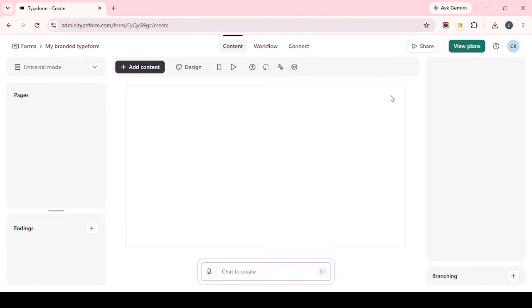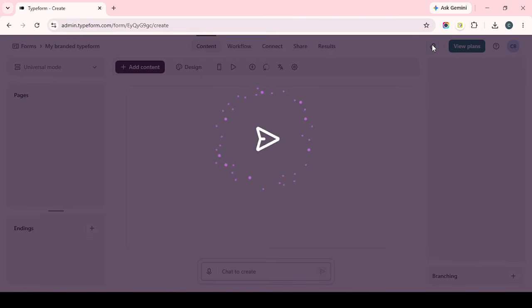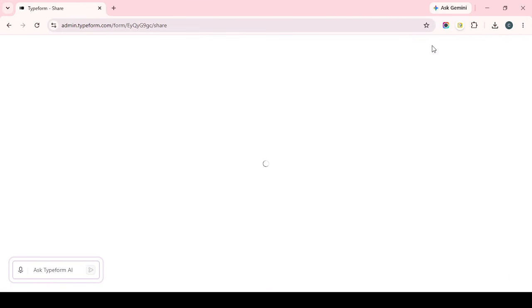First, go to your Typeform account and open the form you want to add to your page. From there, navigate to the Share tab. This is where Typeform provides different options for sending or displaying your form. Look for the embed code option and copy the full code provided. Make sure you copy the entire embed snippet, since leaving out part of it can prevent the form from loading